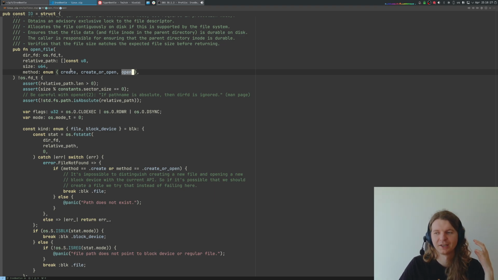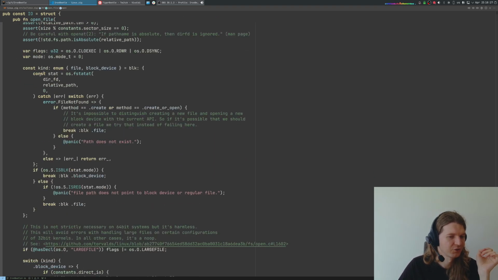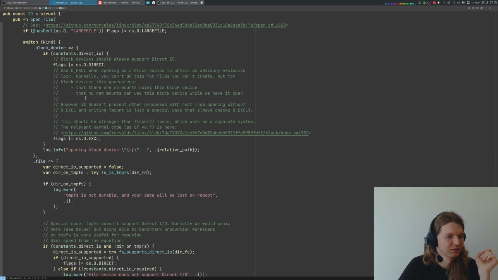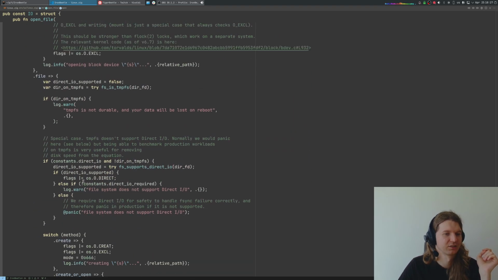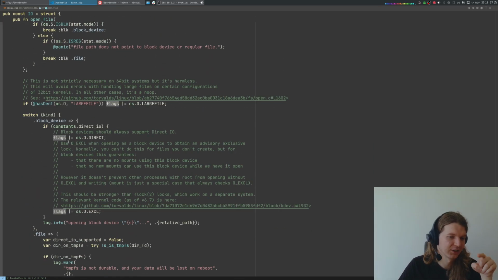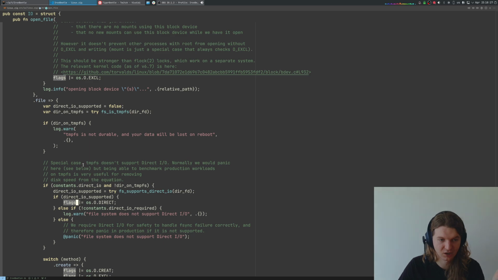We want to distinguish these two cases in the API to minimize the chance of operator error, when they think they create a new database, but actually they use the old database. So we do some sanity checks here. Then additionally, here we add this direct IO flag to the set of flags that we request,